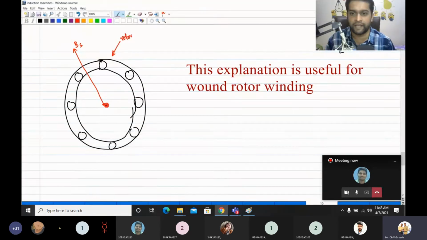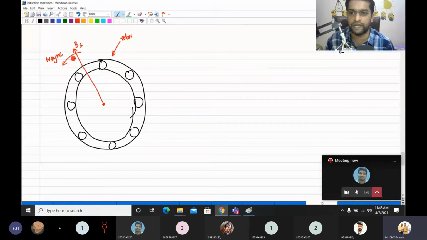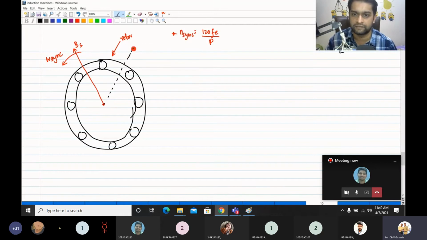Okay? So you have the magnetic field Bs, which is produced by the stator. It is the stator magnetic field, and it is rotating in the counterclockwise direction with a speed of omega s, which is related to n_sync equal to 120 f_electrical divided by P. So this is the basic thing. Now you know that the EMF will be induced and there will be a rotor current which is going to flow. So arbitrarily, let me take a direction like this.